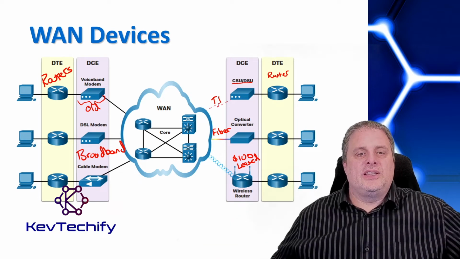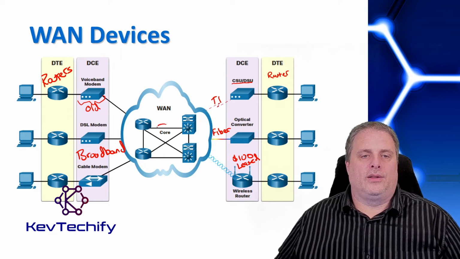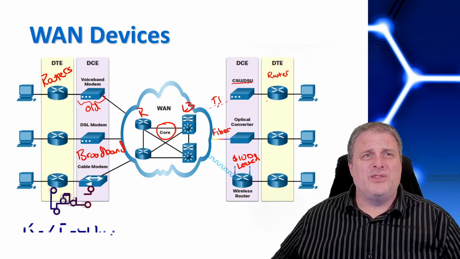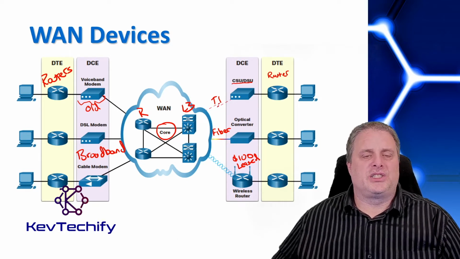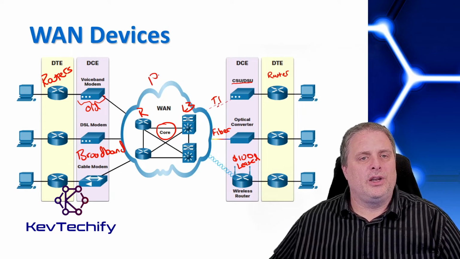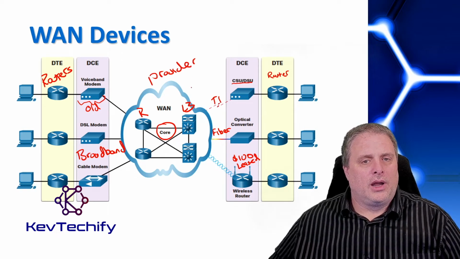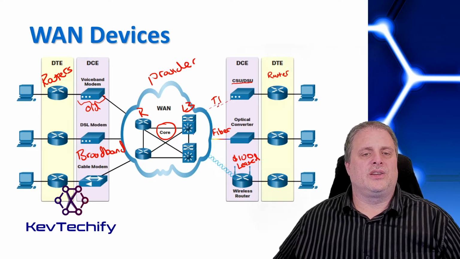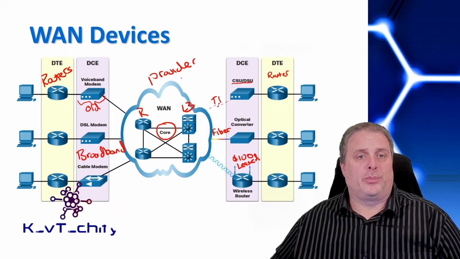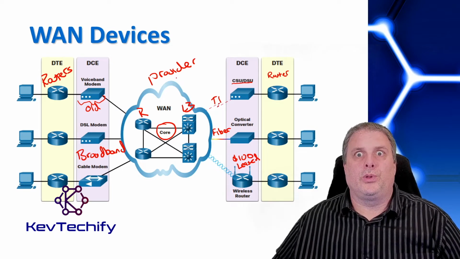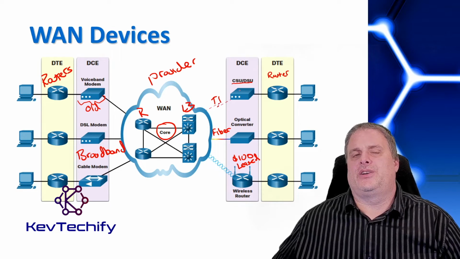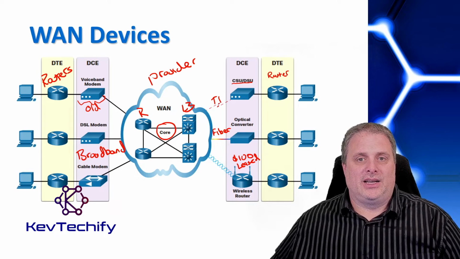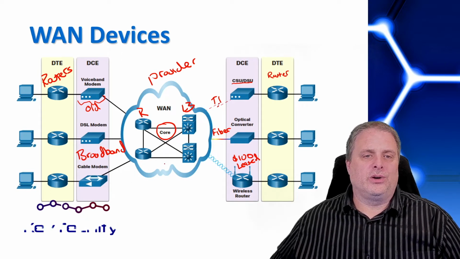Now, to connect all these up, we have our WAN core. This WAN core has layer 3 switches, it has routers in it. It gives you multiple high-speed connections through your network. This is typically, once again, your provider at this point. And as long as you have your connection in on one side and connection out on the other side, you're not necessarily concerned with what's happening in here. Now, if you're the provider, the other is true. You're concerned with what happens in this cloud, but you're not necessarily concerned with what happens after it leaves the DCE end here.